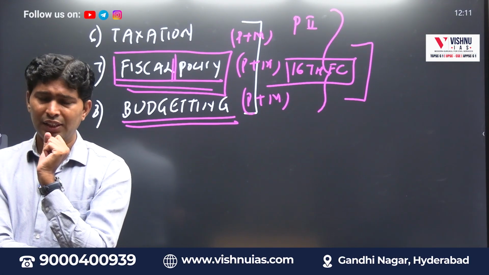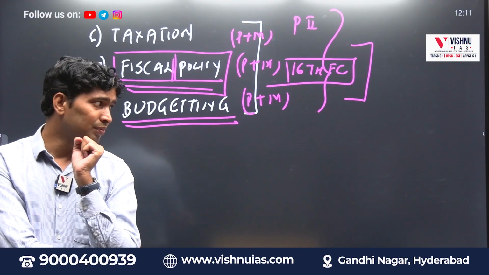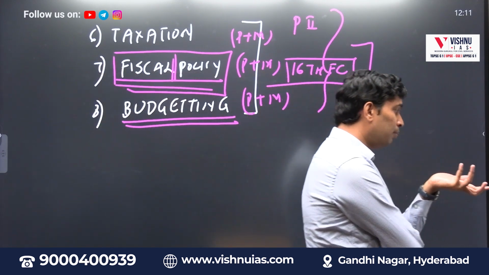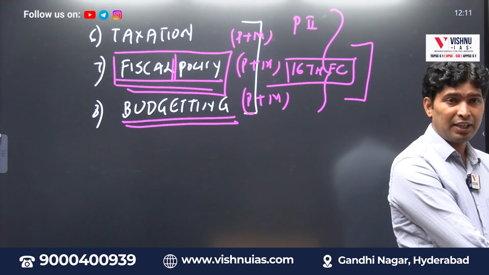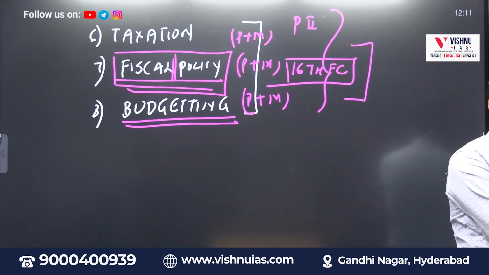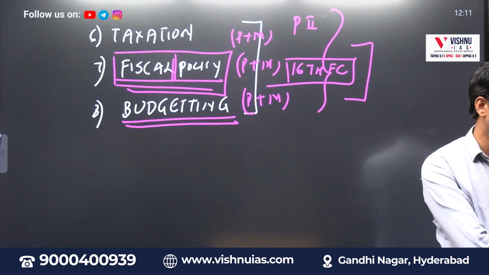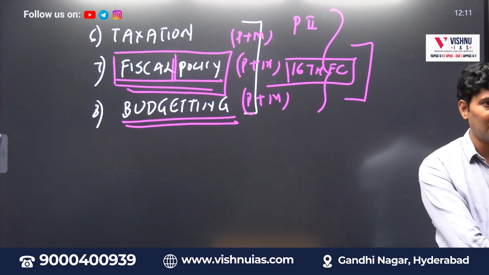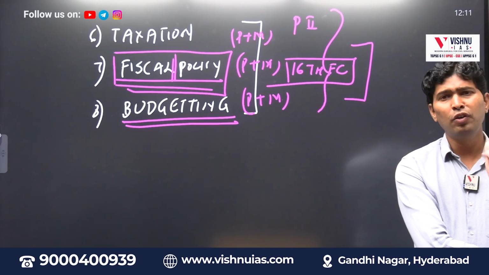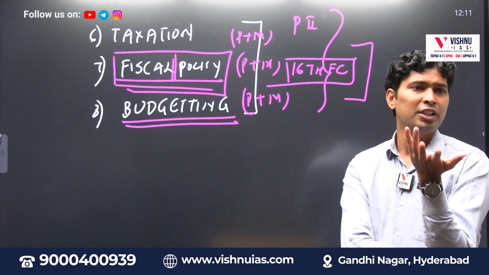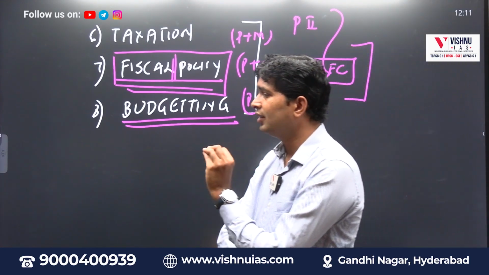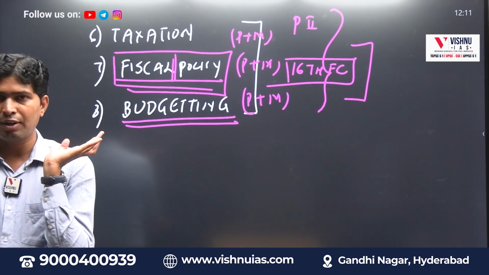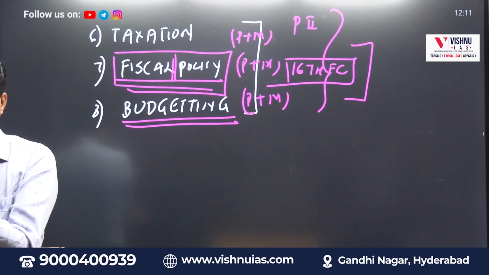So you keep reading some fiscal policy terminology also, like fiscal prudence, fiscal responsibility, fiscal burden, fiscal space, fiscal slippage. It means what is the financial condition of the state, what is the financial condition of the center, what is the overall condition of our country. In simple terms, how the government is getting income, how the government is spending money, are they following the expected rules and regulations properly or not. That is the essence of this chapter called taxation, fiscal policy, budgeting.